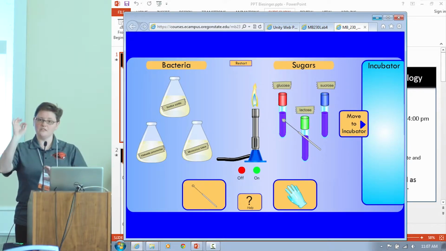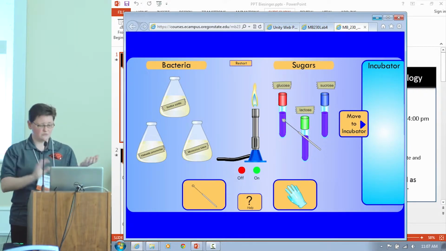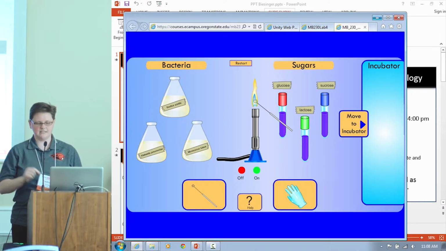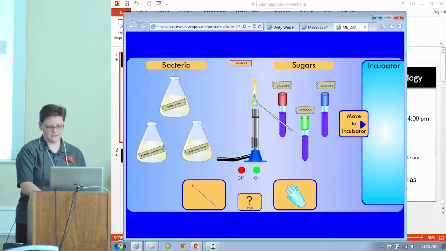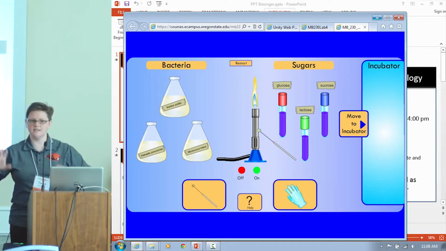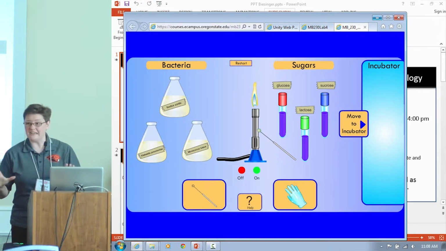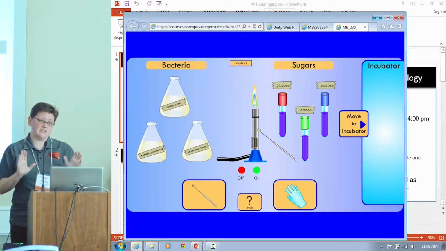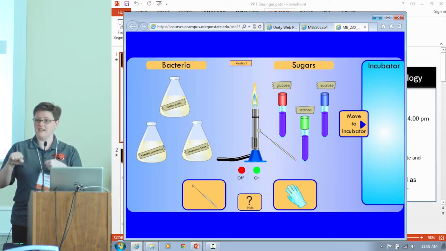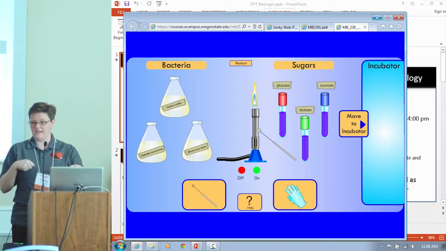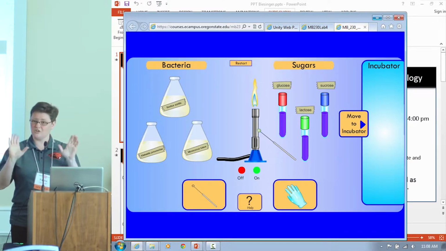So that way they can really just walk through the lab manual, walk through this exercise, and say, oh, okay, that's right, I missed that step. I need to sterilize my loop. Okay? And they can repeat this as many times as they want. And they don't need to get it right. This isn't graded. It really is just to give them a sense of what they need to pay attention to. What are the key parts of the experiment that they can mess up on? And if they mess up on it, it'll give them a little answer in here. Say, oh, you did something wrong, try again.